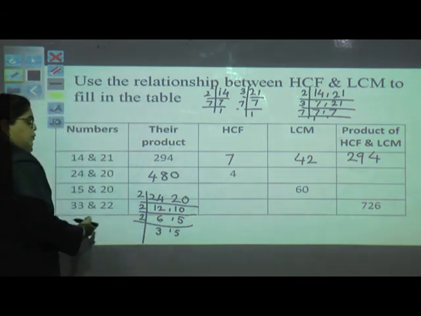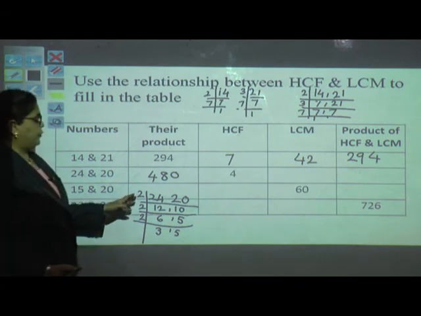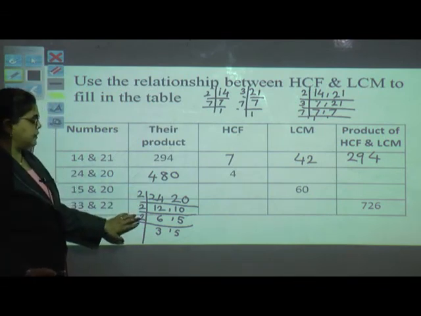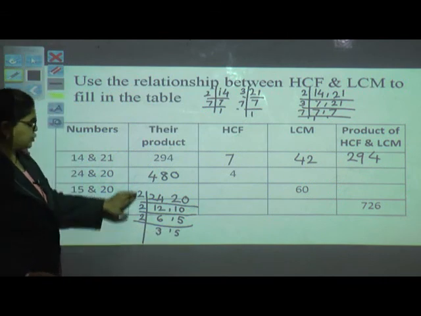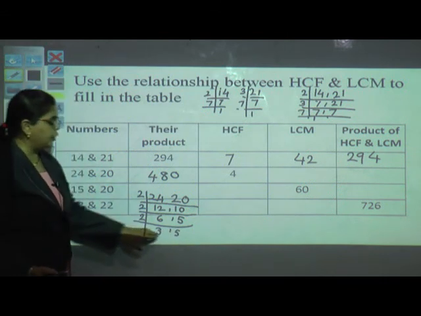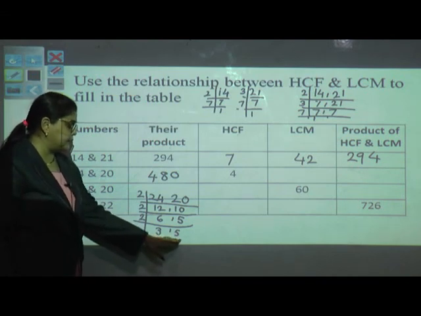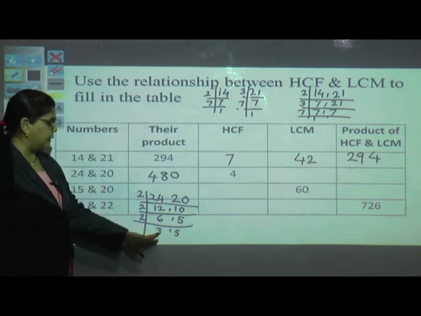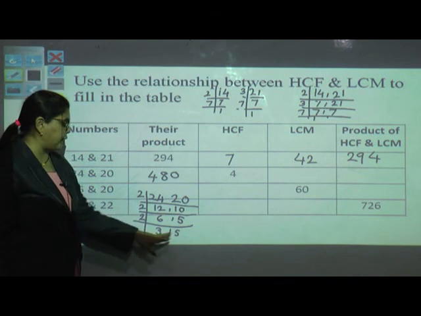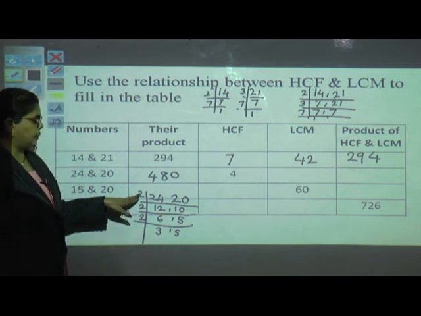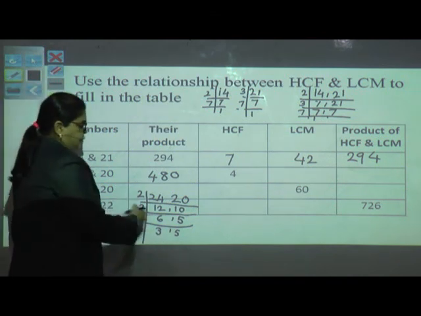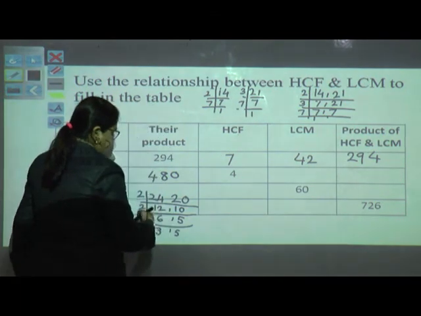Now in the previous 1 or 2 examples also I told you, if you find this many multiples, you can do the multiplication of all of these together. No need to go for 1 as one of the factors. So you can multiply 3 multiplied by 3 multiplied by 5 multiplied by 2 multiplied by 2 multiplied by 2. So we will try to solve here. What will be the LCM of this?